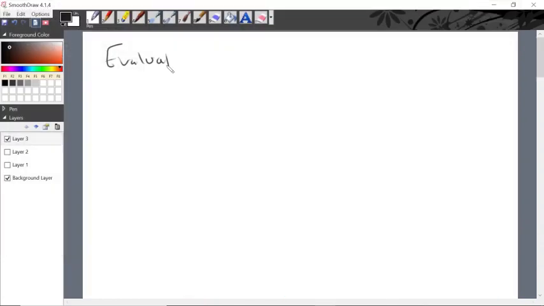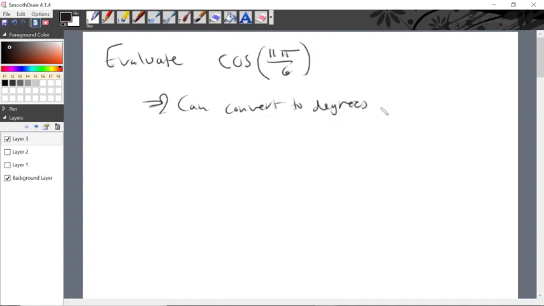Okay. Let's evaluate, how about the cosine of 11 pi over 6? Cosine of 11 pi over 6. So one option, we can convert to degrees, then proceed as we had previously in the course. Or just stick with using radians. In either case,